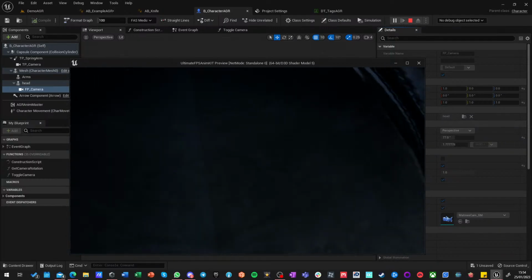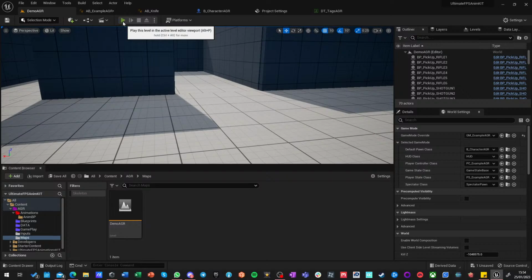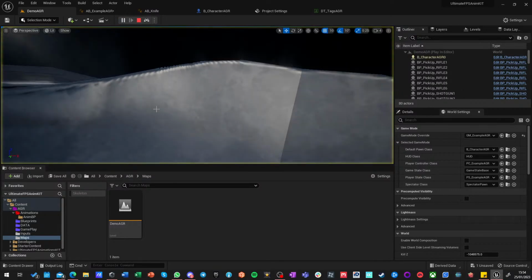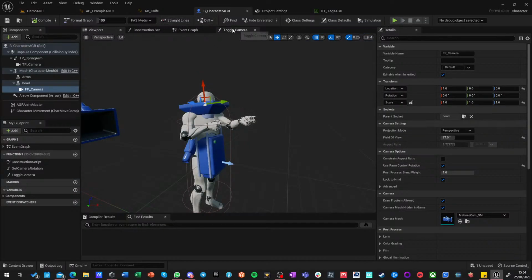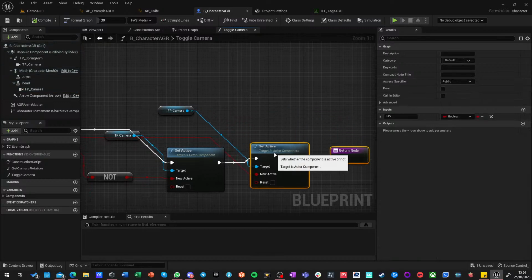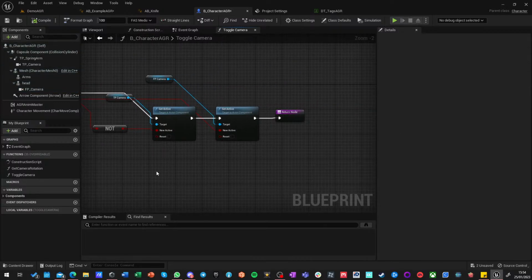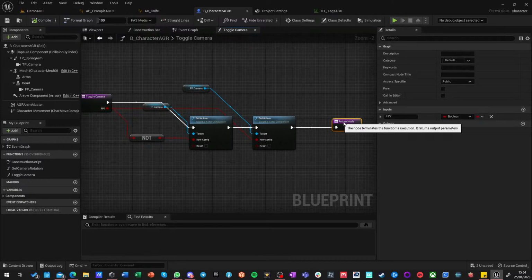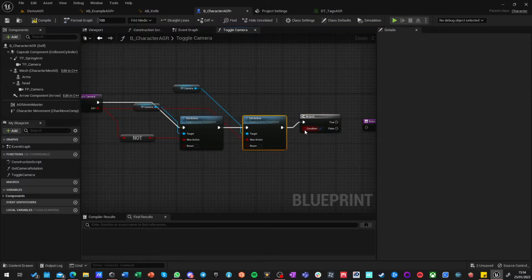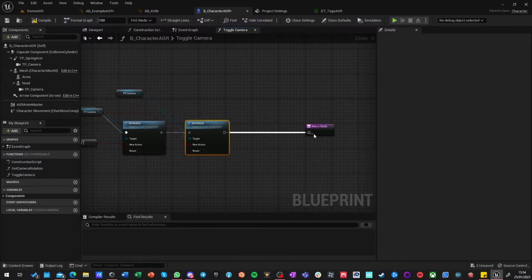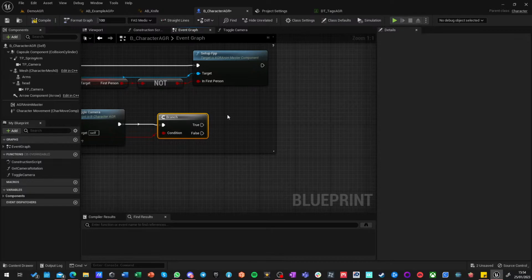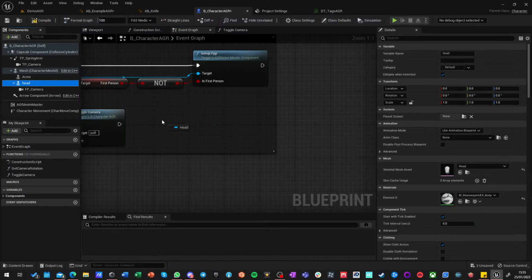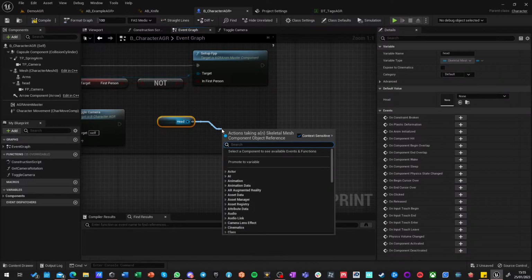If I hit F8, oh, I can't. I have to do it here. If I say P F8, I am in the head, which means that I want to toggle its visibility. So if it is first person, or I can even just go here outside of this, because this is just toggling camera. I can also say if it is first person. I can do it differently. I can go into head and I can say